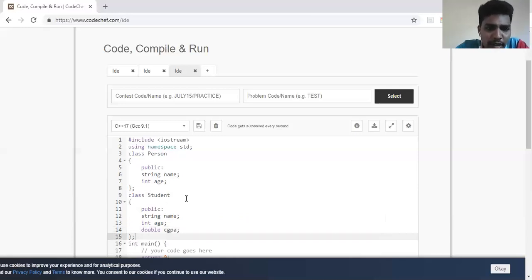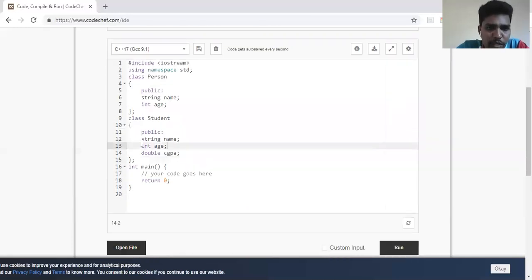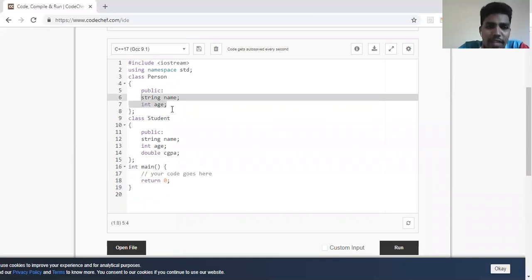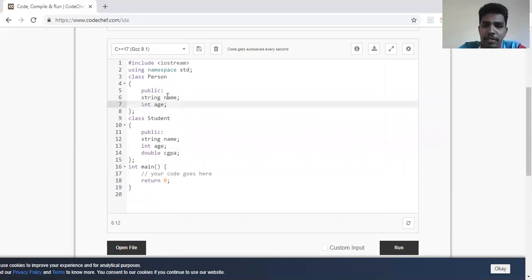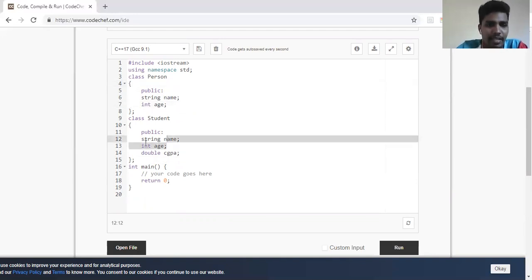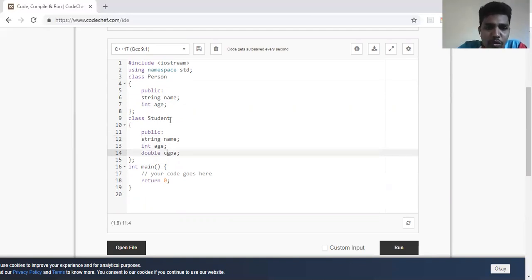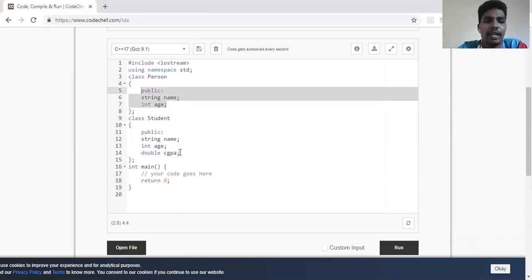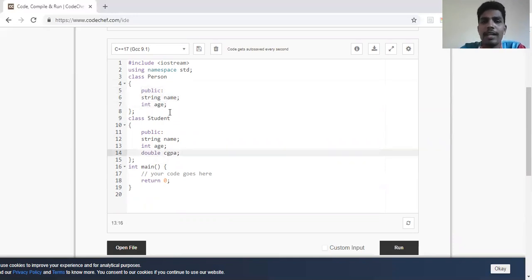But if you see here, there are two data members which are the same as those of a person. And every student, we know, has to be a person, has to be an individual. Clear? So instead of writing it once again, instead of redundancy, I'll ask my student to take the features of person, and define only the extra features it wants. This particular concept is called inheritance.